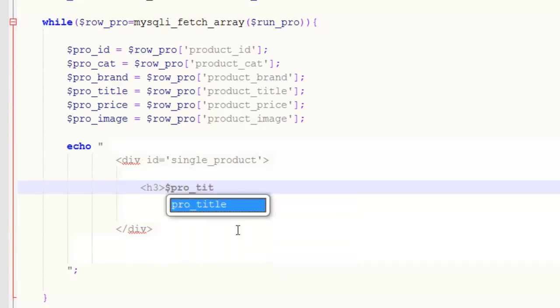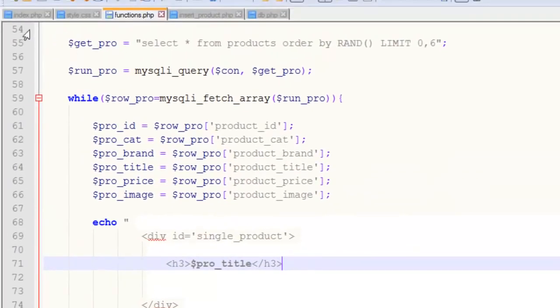Pro_title, I mean to display this thing, just coming directly from the database, from the table. So we have added it inside the h3 tag. Now Ctrl S to save, and we can just go to